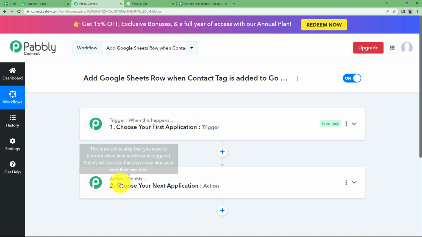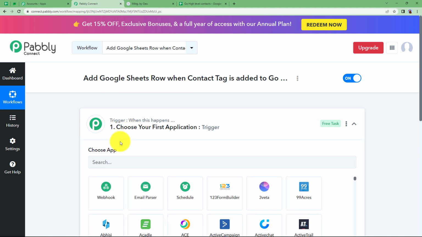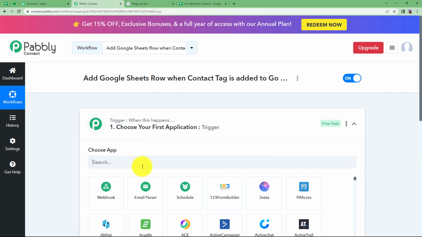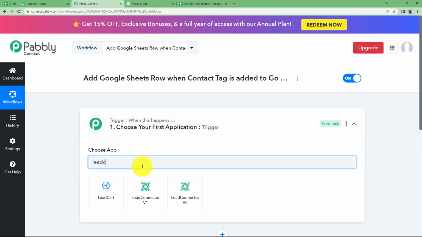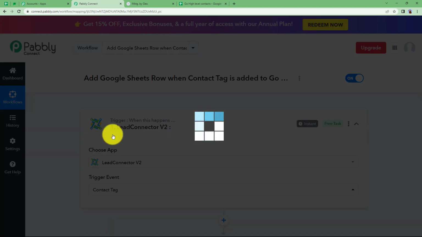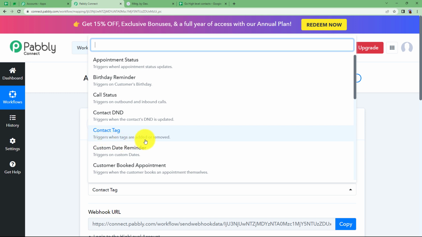Trigger says when this happens and action says do this, which means that the trigger will be the first application where the event will take place for the very first time. And when that happens, it will make sure that the action application performs the assigned action. Like here we have our trigger as Lead Connector, and the event is going to be contact tag. So it will work like you can see in the help text: triggers when tags are added or removed. So when it is added,